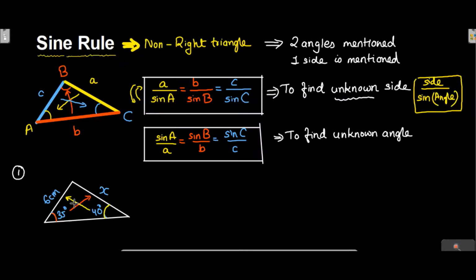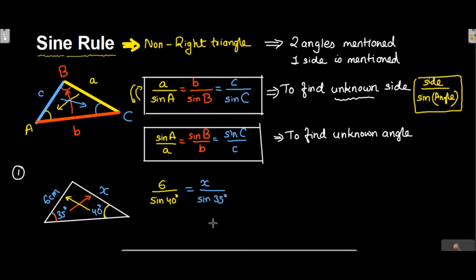Now here there are two sides given to us, 6 centimeter and 40 degree. Since we are finding the unknown length, we will write the value 6 first, because that is a side, and just opposite of that side angle is 40. So sine 40 degree. Okay. Equal, the other side is x divided by the opposite angle of that particular side, which is 35, that is sine 35.